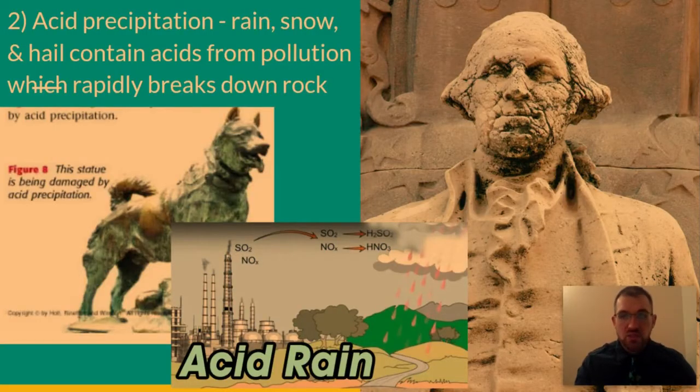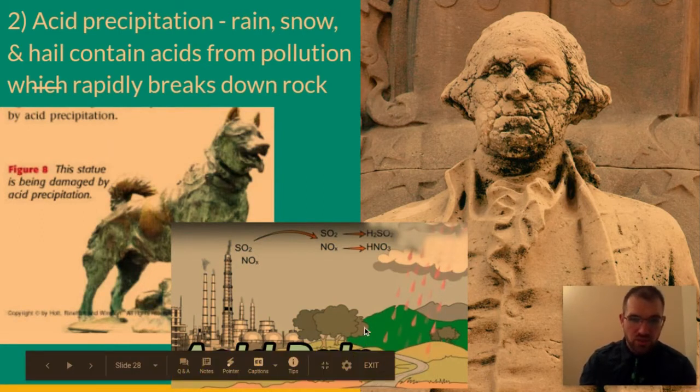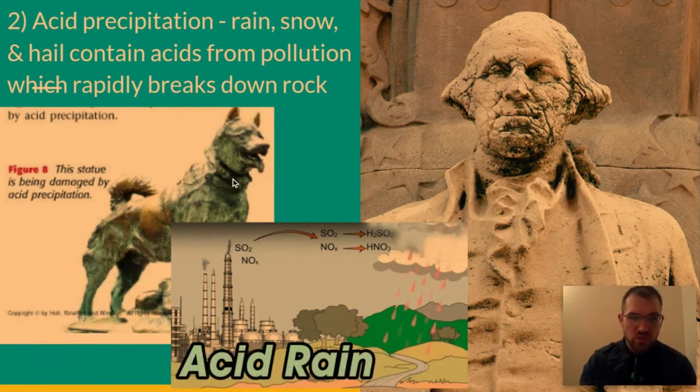So the next definition I'm going to ask you to write down is acid precipitation. It's another major form of weathering right here. So here, acid precipitation, maybe you've heard of acid rain before. So here's an example of acid rain down here. And this is what acid rain can do to a statue, another statue that was damaged by it. But really, it's any type of precipitation, rain, snow, and hail, which contains acids from pollution, which rapidly break down